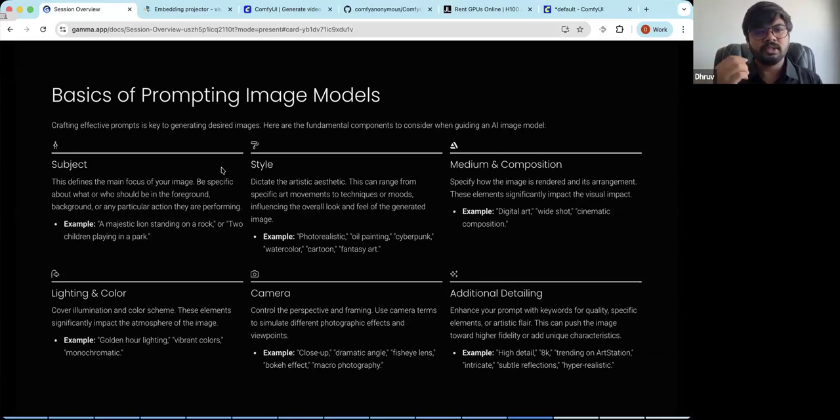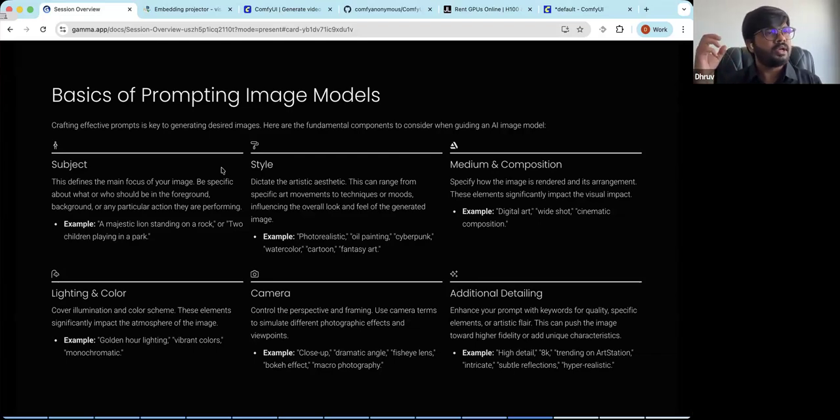Whenever you are writing a prompt for ChatGPT or something, you need to write sentences. You can write something like, okay, I want this kind of stuff and XYZ. But when you are doing it for images, you can just pass words. If you have tried Midjourney, maybe you are aware of what you need to do. So you just need to write: a male with white and black clothes,